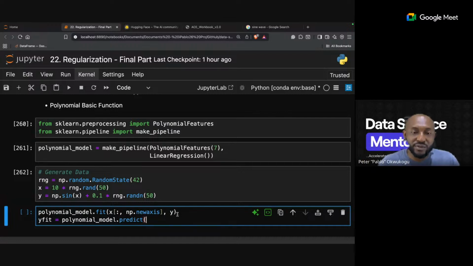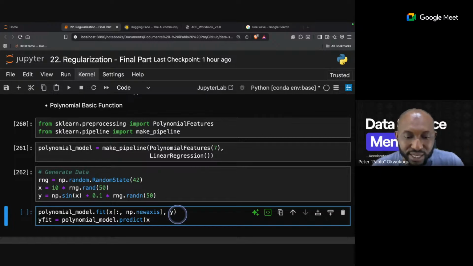So I'm going to say predict, and then we'll put both data points together. You will see that the model is going to look at the data points and how we have introduced them and try to make sense of them.